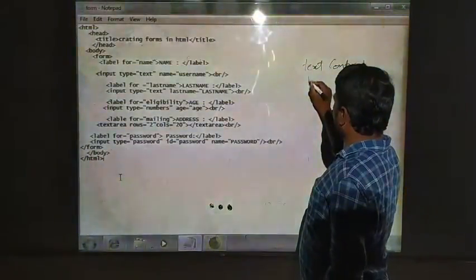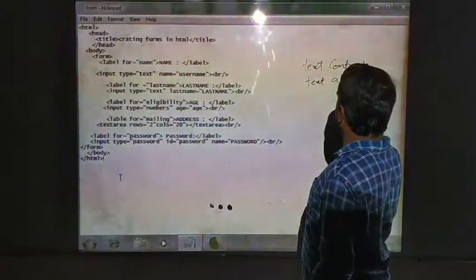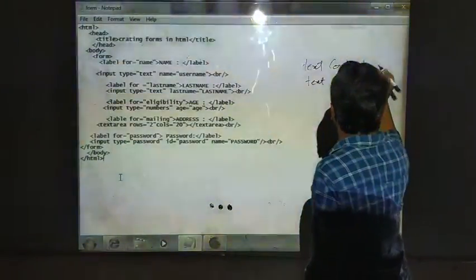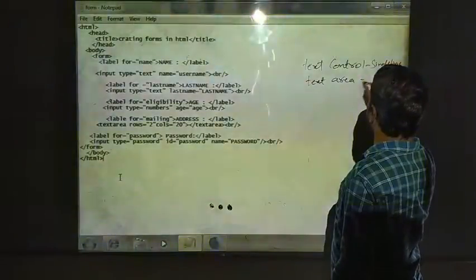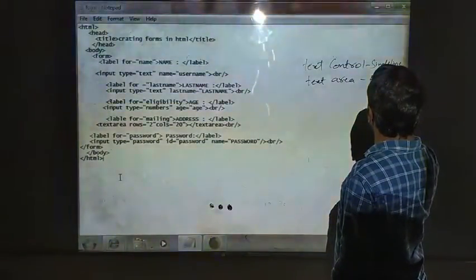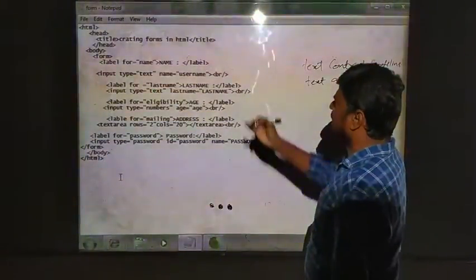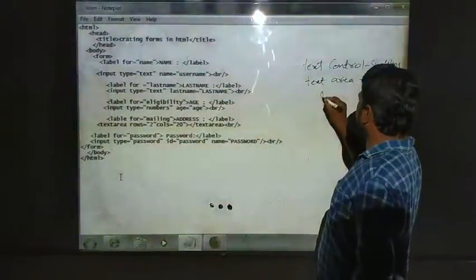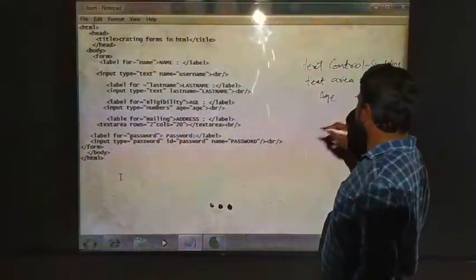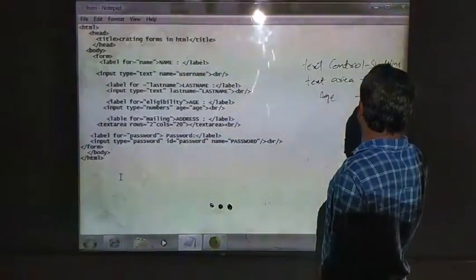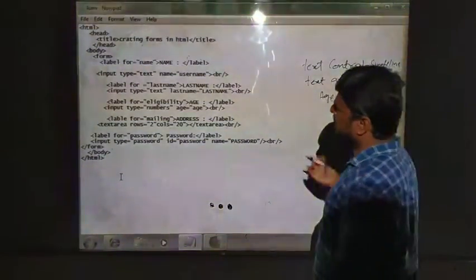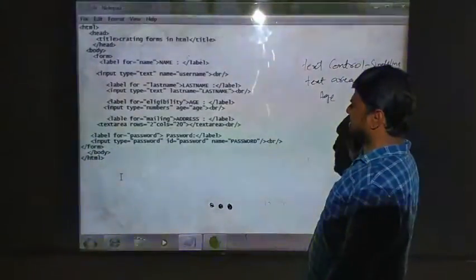Next is the text area to give an address. The text control is for a single line, displaying in a single line. Text area is for address purpose, to give many lines. And next is the age field, which we have given for eligibility criteria. Whether you are eligible or not, the application will decide, the server will decide.